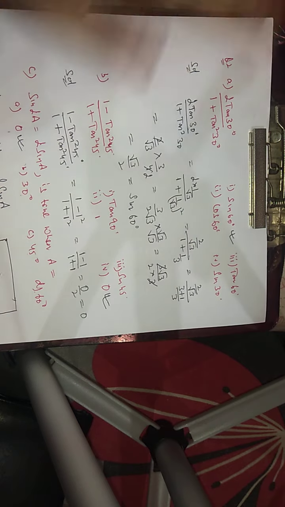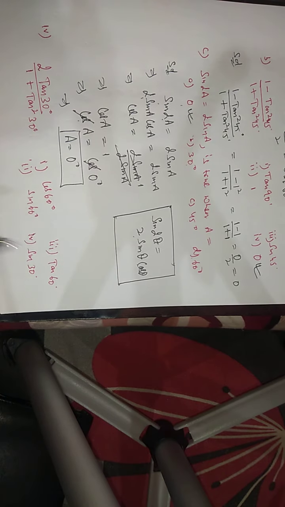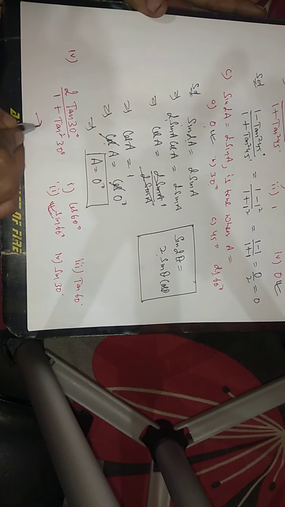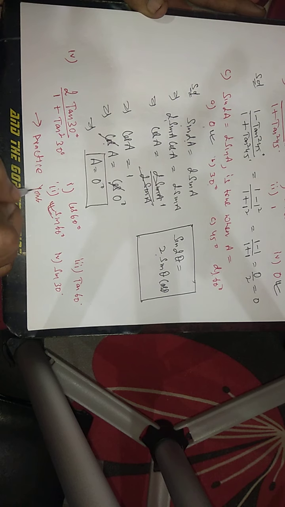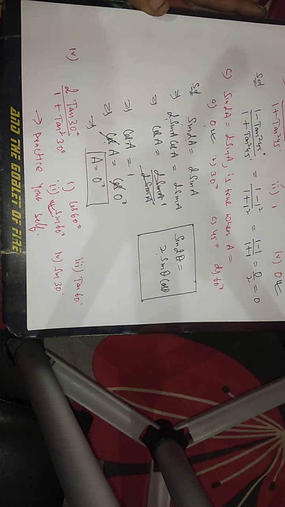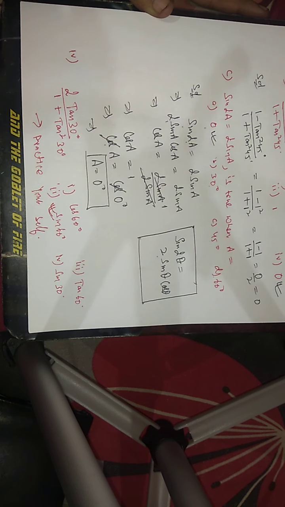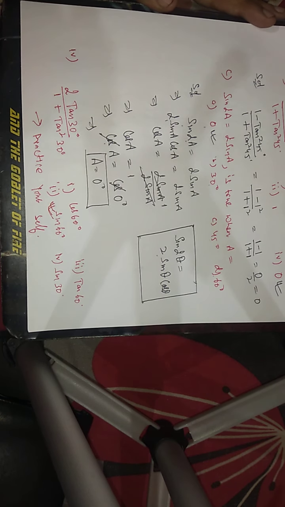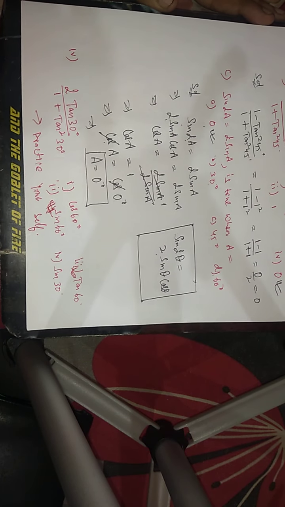Proceeding the same as in part number first, we use the same formula. We just have to use the value of 1 by root 3 and solve. Your answer will come out to be sine of 60. It would be the right answer. So you have to proceed for yourself, you have to practice it by yourself. So this was the whole question number 2 of exercise 8.2.